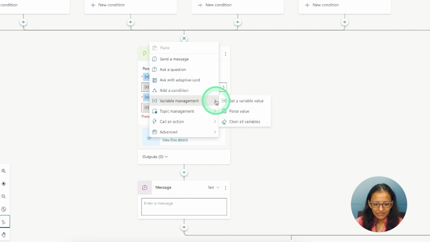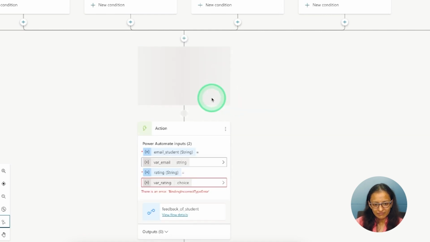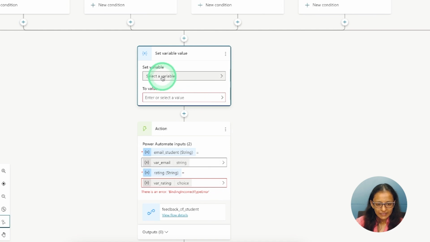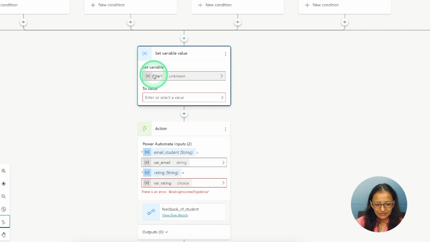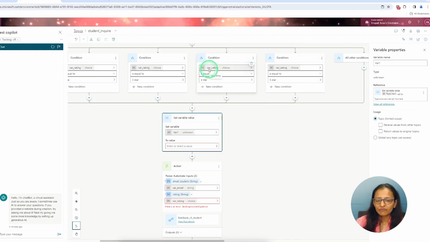Click on the plus sign, then variable management and set variable value. Here I need to create a new variable which contains rating as text instead of a choice. Let me give the variable name variable star. Rating or star, both are the same.